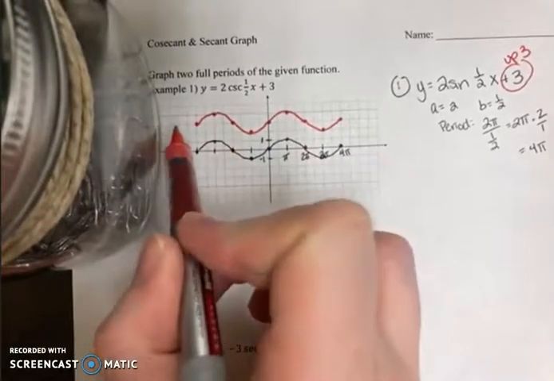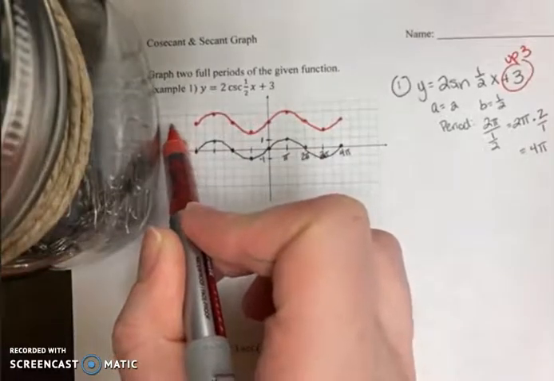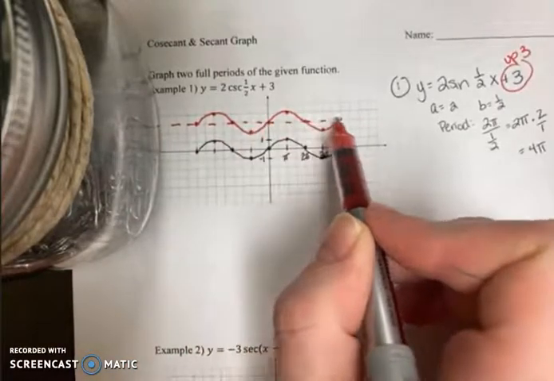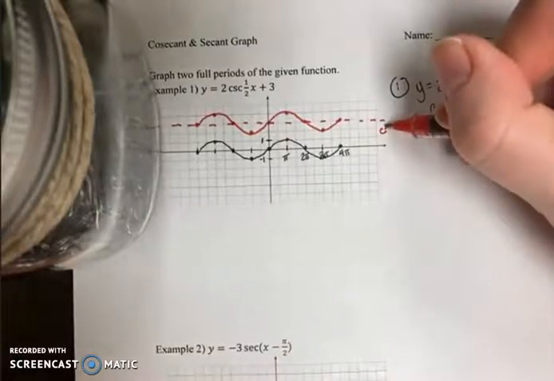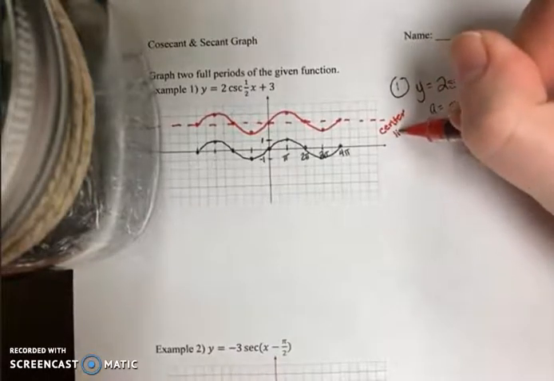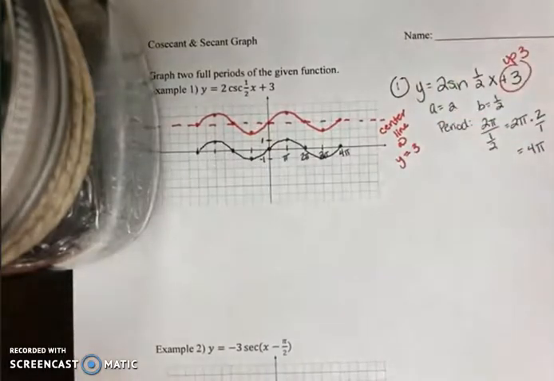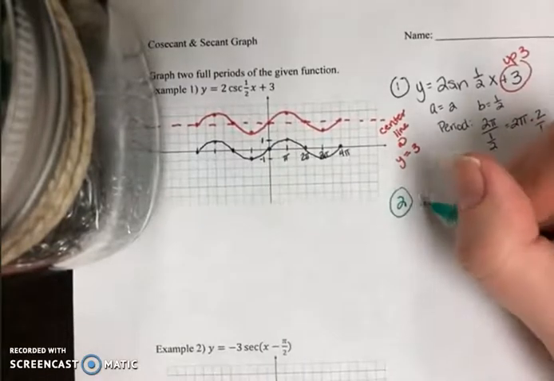It is now at y equals the k value, so y equals 3, which is right here. You don't have to draw this on your sheet, but it could be a good idea to make a note that the center line is at y equals 3 right now,